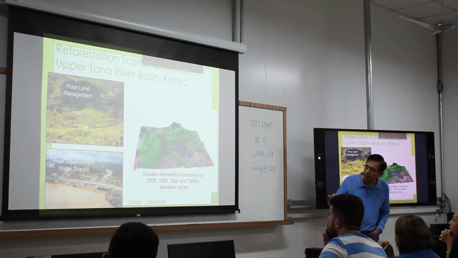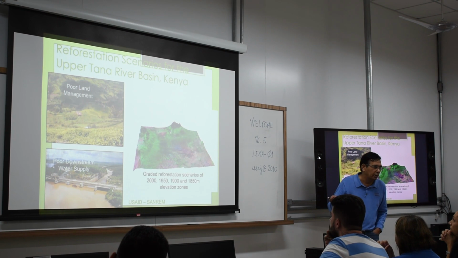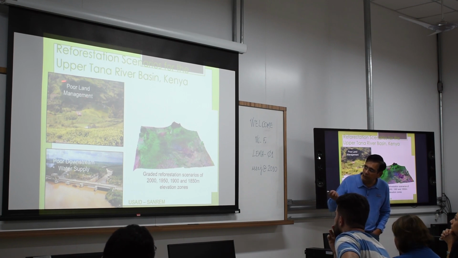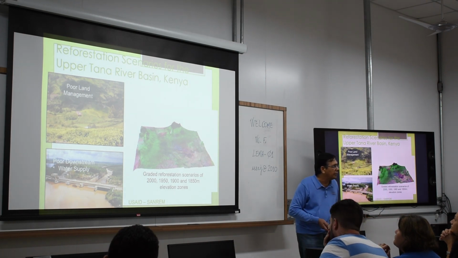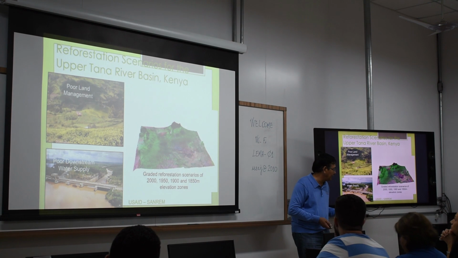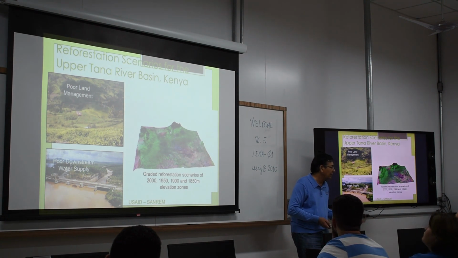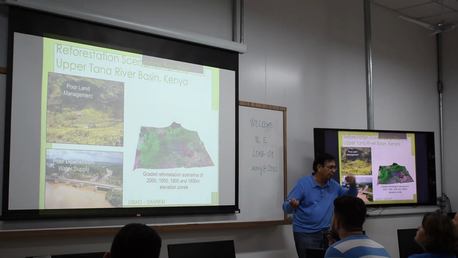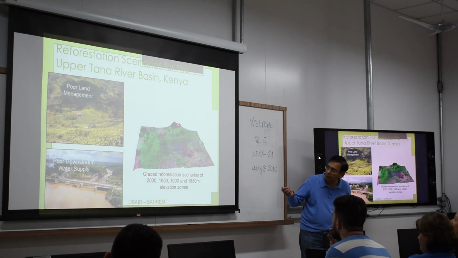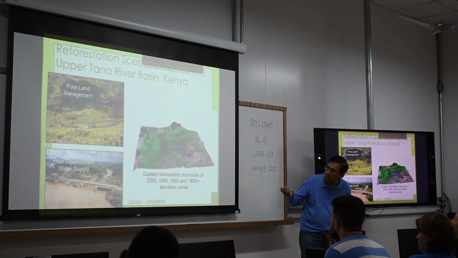Because of poor land management, they converted all the forest here into tea production. Because of that, now all the land is eroded and it all gets silted up here. The recent survey they did shows the lifetime of the dam is now only 50 to 60 years, because building a dam is not cheap or easy. So what used to be a 100-year dam can now last only 60 years because of the poor land management in the upper area. This is Mount Kenya, and all this area they removed the forest and put